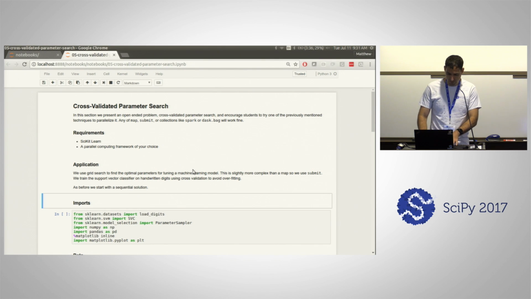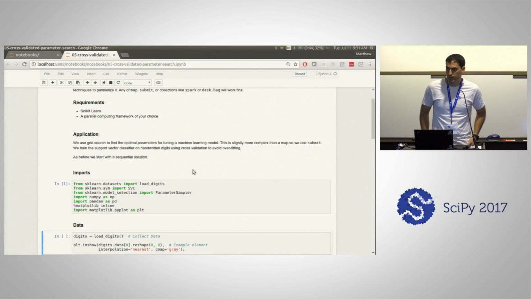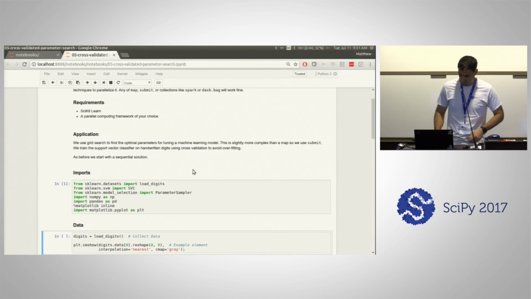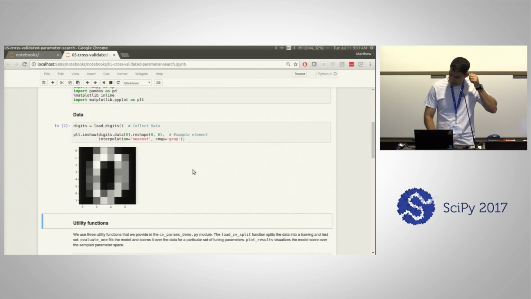So the first thing we're going to do is load this up, and since we have scikit-learn installed through our Conda environment, we have some default data sets that we can play with, and we have some default algorithms that we're going to use. So we're going to use a support vector classifier, and we're going to try and solve this problem, which is